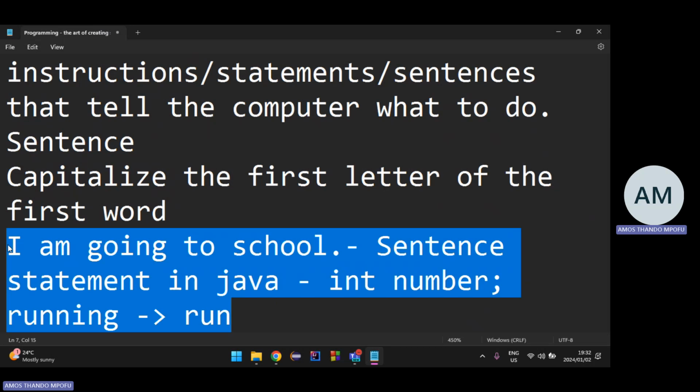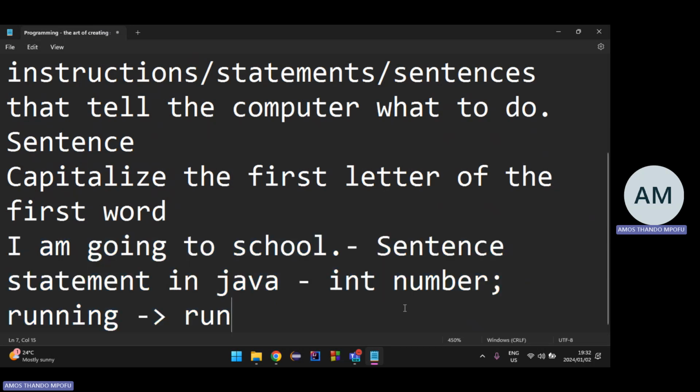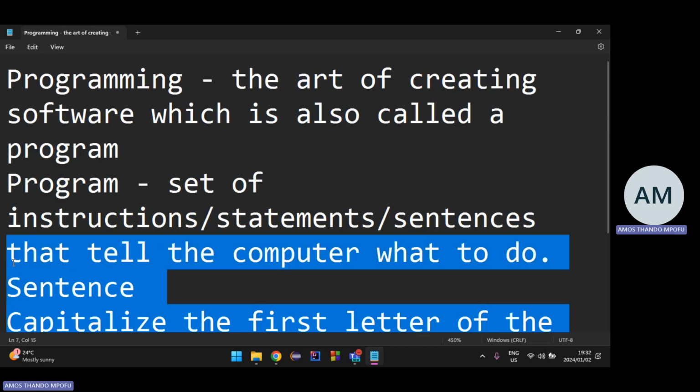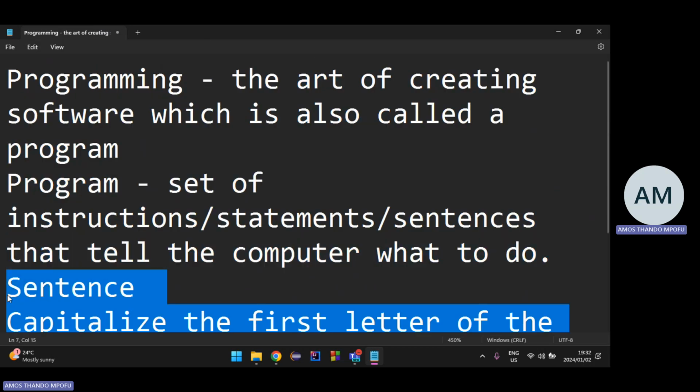Each language has its own specific way of structuring its sentences. Same applies to programming languages. Some programming languages don't have semicolons. You don't terminate with a semicolon. That's Python. It depends on the language that you are learning. In our case, we are learning Java, a very powerful and very efficient language.